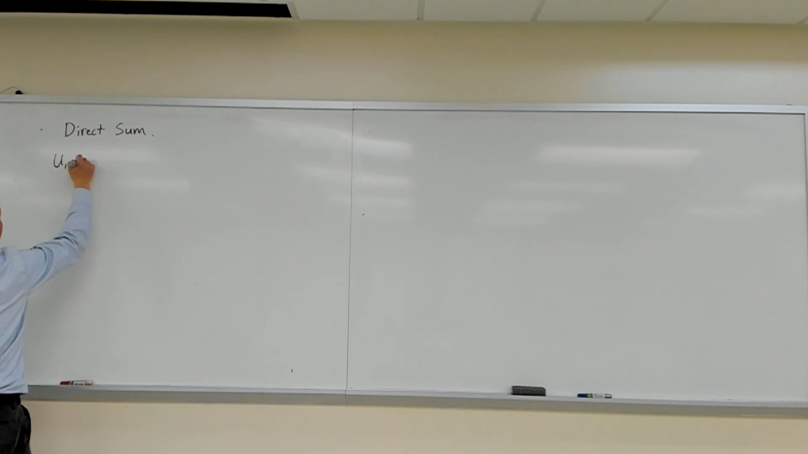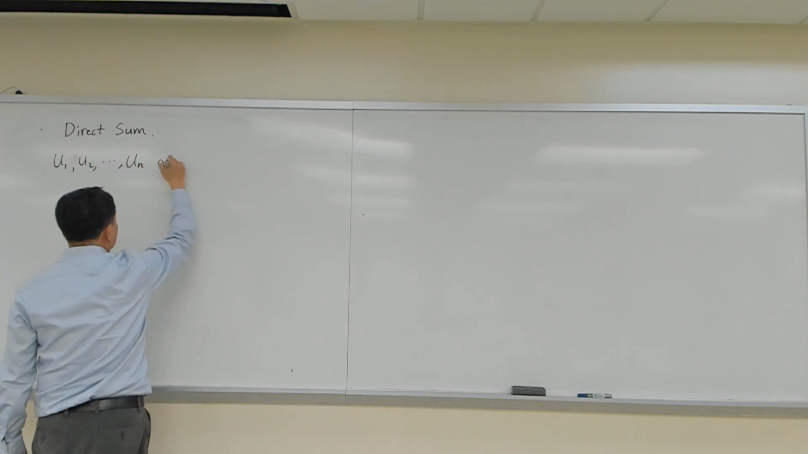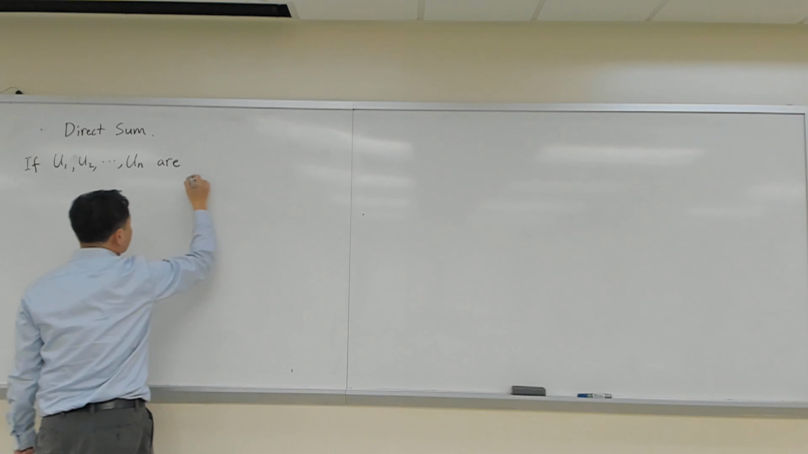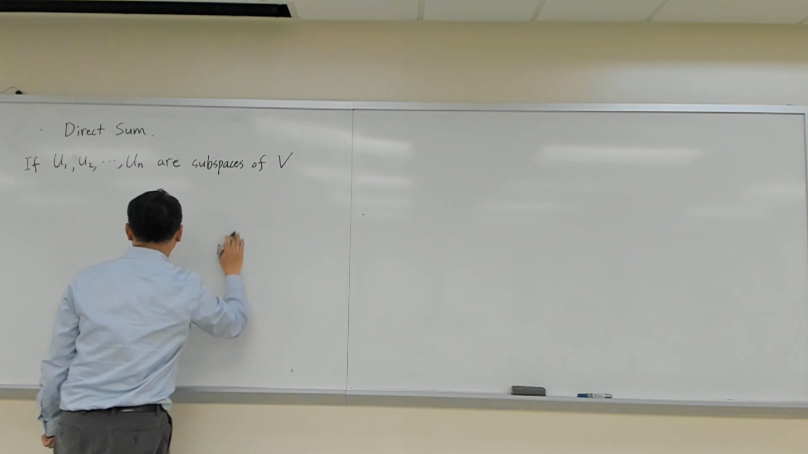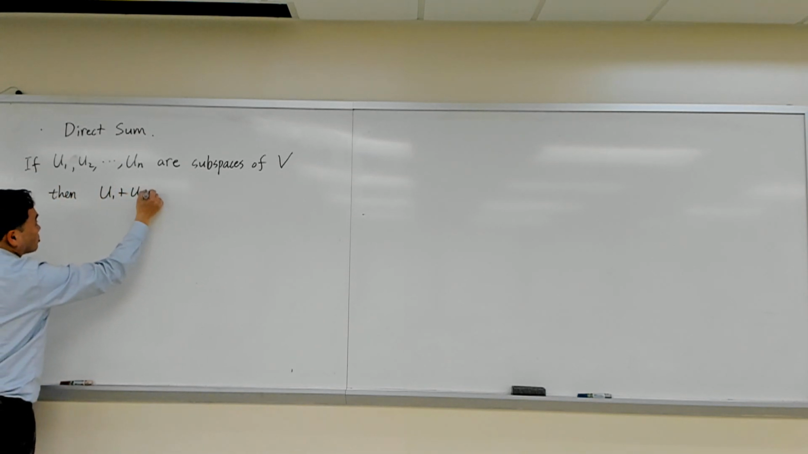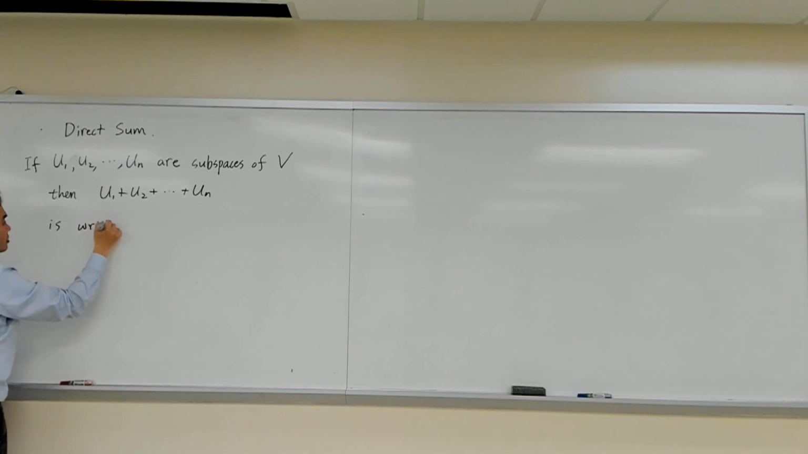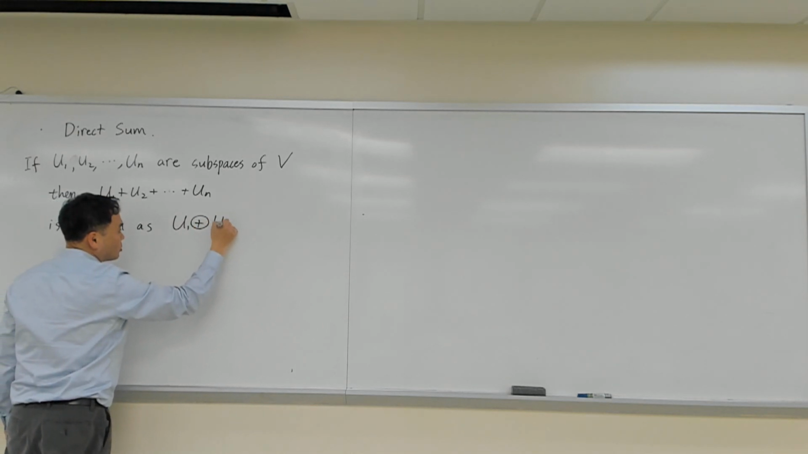Suppose U1, U2, ..., Un are subspaces of V. Then U1 plus U2 plus ... plus Un is written as U1 direct sum U2 direct sum ... direct sum Un,